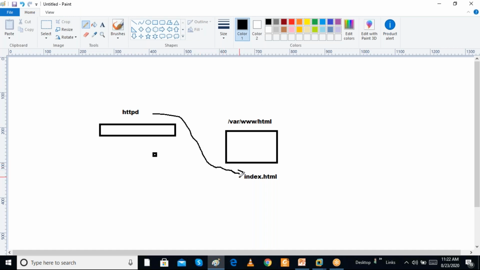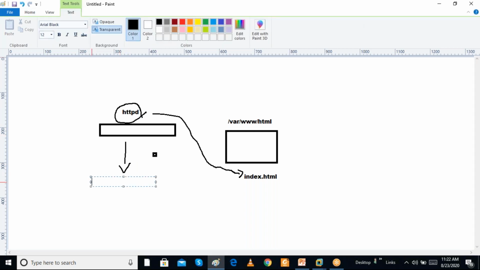Whenever it is opening this file, this httpd is a process, and it has an SELinux context, a label. So that context and this web page's context matter. We have the web server folder, /var/www/html, where the files also have a security context.